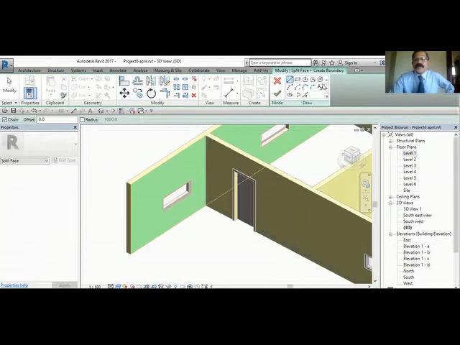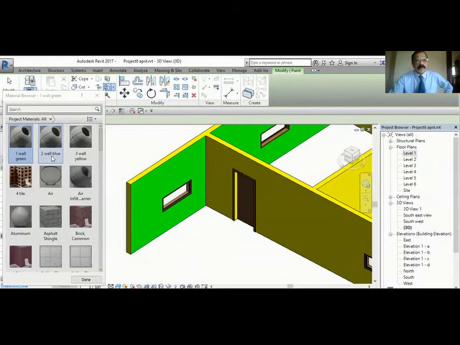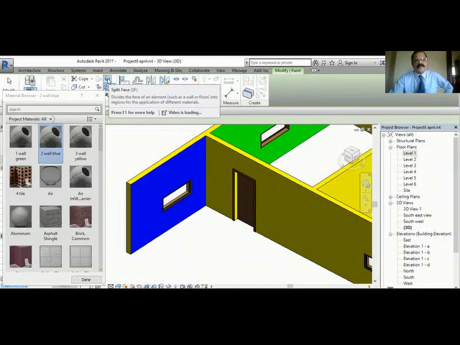So you have to draw a line. You can see a small yellow line here and one wall here. From here, draw touching this one. So I have drawn one. You can see that now it is divided into two. The color did not change, but now I have made it separate. Now if you change the paint, you can put a different color. Suppose I want to put blue here. See, you can change it now. That is how you do it using Split Face.